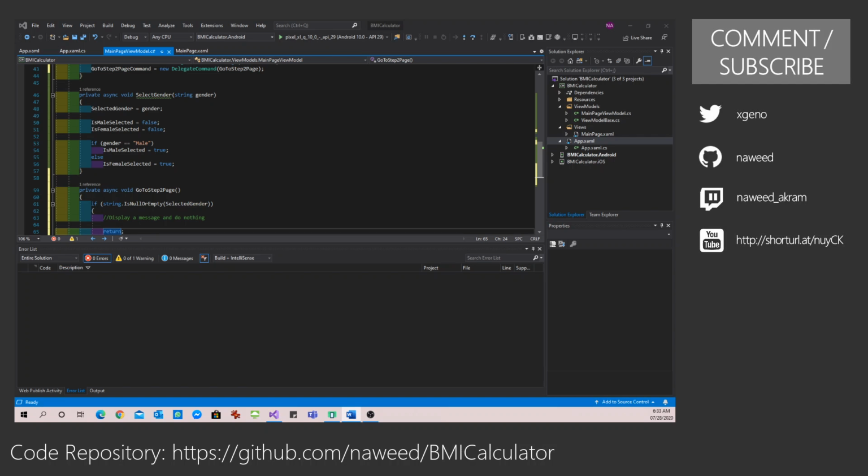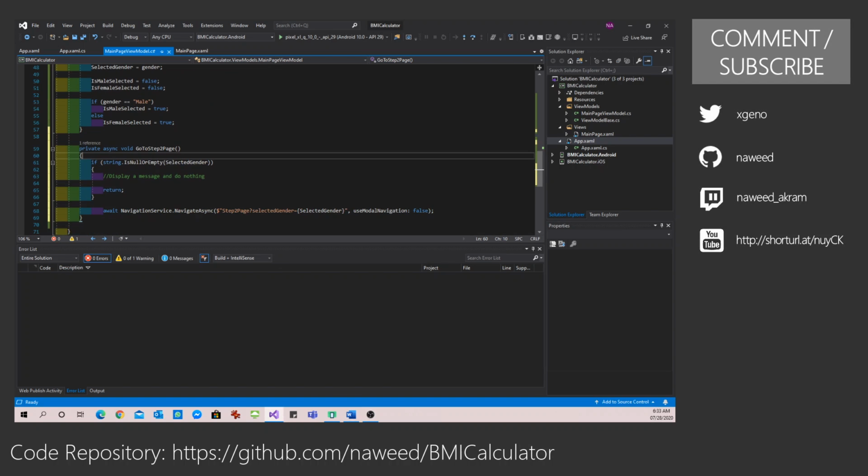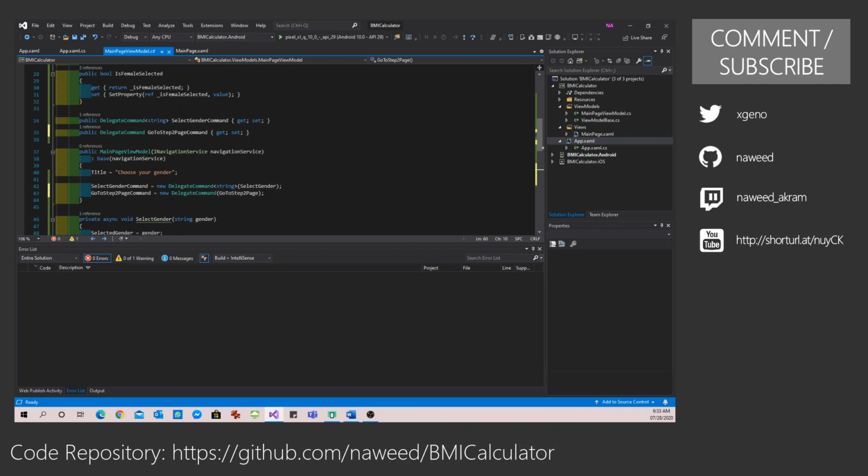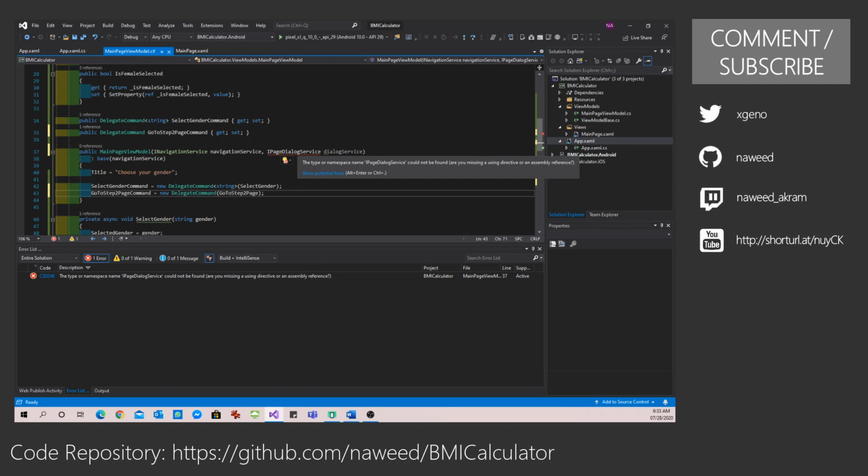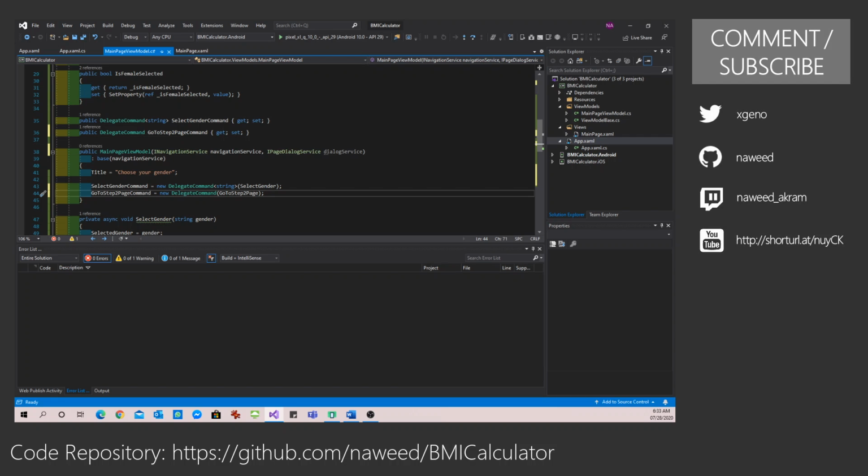And since we are using dependency injection, we can just bring it into our view model. So for this particular one, I can just bring it over here. Let me set the using Prism.Services. There are a lot of services that Prism provides out of the box. Prism dialog service is one of them. So we are just injecting this service into this particular view model only.